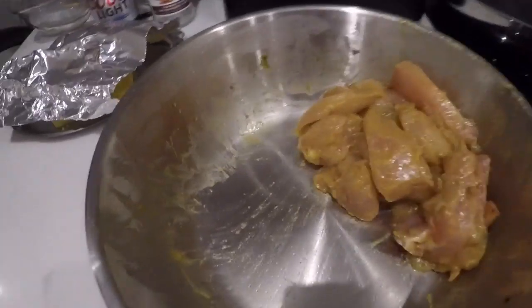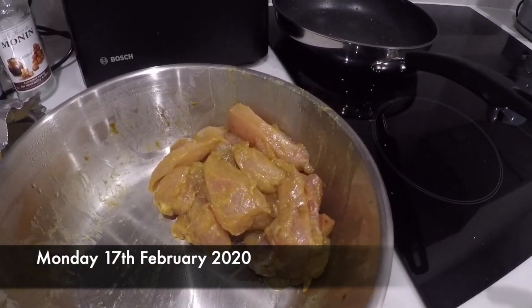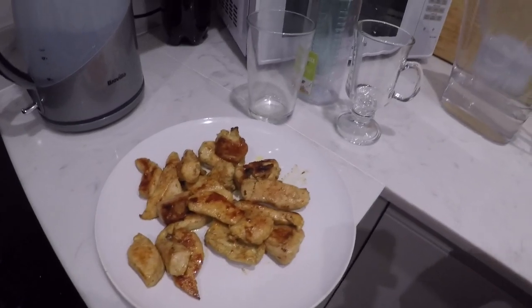Last night I prepared some satay chicken. I got a sauce to mix it up, and there's some of the chicken. I've already cooked up a load here, and that's just cooling down so I can skewer it a bit later. I should have really grilled it, but I haven't got a grill here at the moment, so I'm looking at probably something like a George Foreman, but I'm going to cook it up with my dinner. I've got some leftover sauce, so I'm going to try and nip down and get some